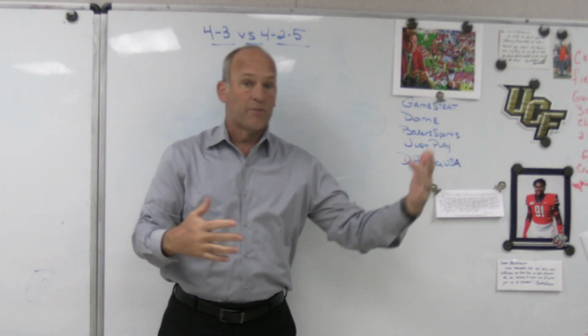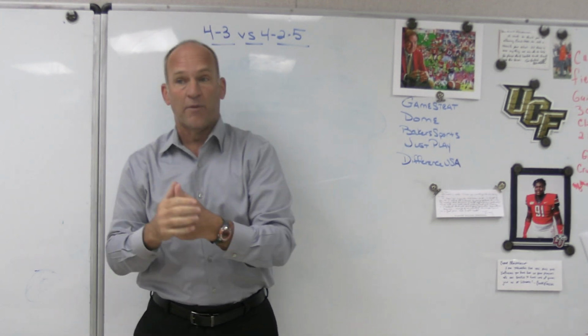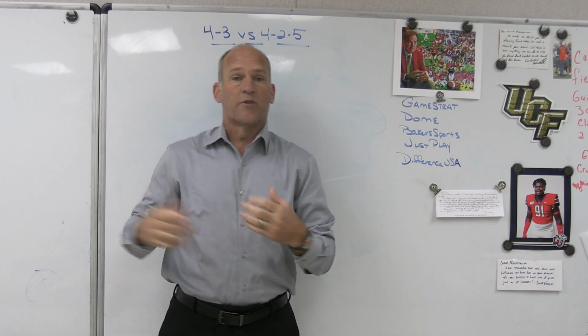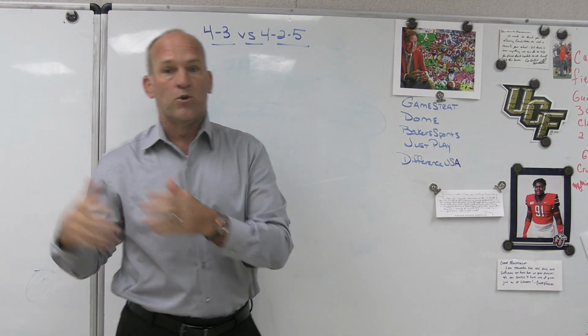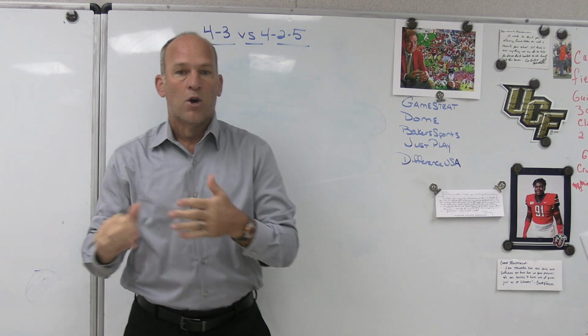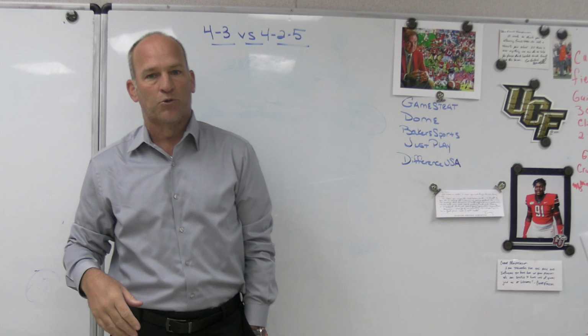We're doing a lot of the same things. 2 removed, we're going to play palms. You're probably going to remove the Sam. If you don't want to remove the Sam, now your coverage options become more single high, man free, 3 deep. All right, maybe you can play man and tuck the Sam in the box. So we went through all those adjustments and how you could do it from the 4-3 as opposed to the